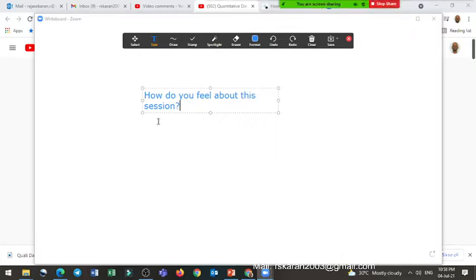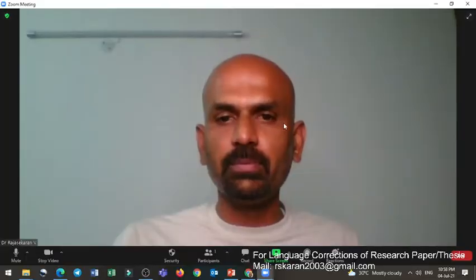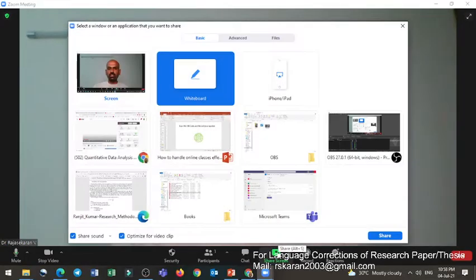And in case you are recording so many observations here, that whiteboard can be saved as a file. Look at that. If you just click file, it can be saved as a PNG file. So later you can use it if you want to show the students what you discussed in that particular class. You can show it later. This is the whiteboard option. You can try it. Once you are done, simply click this button, and it will go away. Now come back to the share screen.